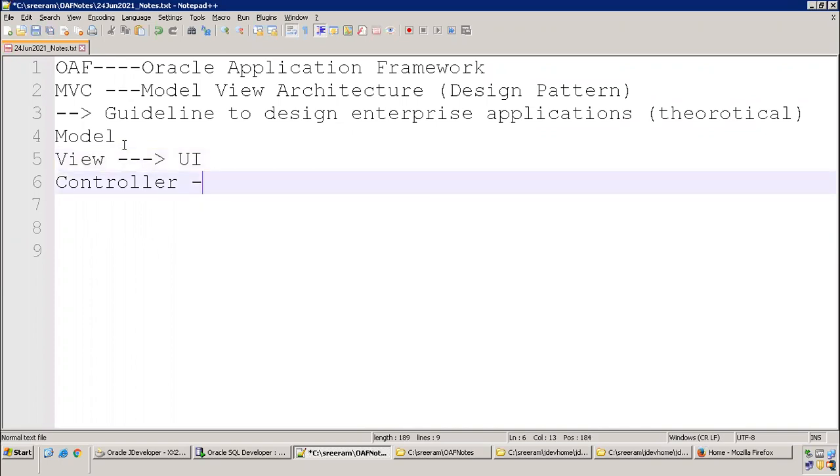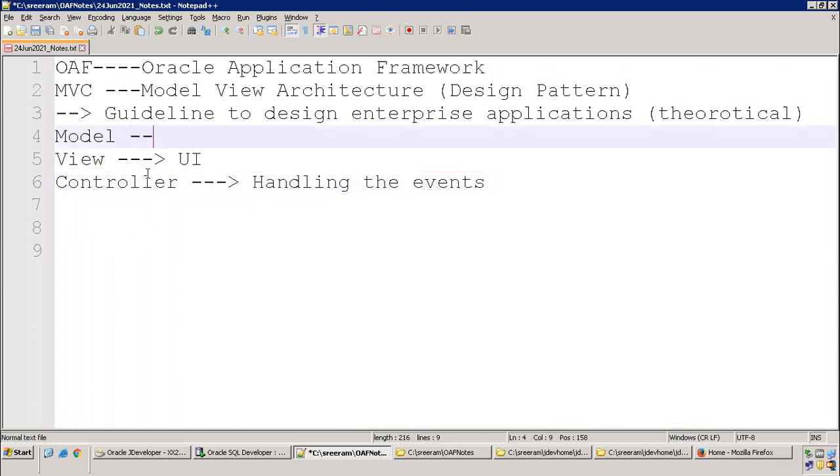And now what is the controller? Controller is responsible for handling the button events. It can be a button event, hyperlink, image, whatever it is, nothing but listening to the user events. It's called the controller. What is the model? The model layer has to deal with the business logic. When a user enters a username and password, there should be some API to validate whether what the user entered is correct. If it is correct, you have to provide a proper response to the controller, and the controller has to represent the view layer, and then you get the proper result. So that is the model layer. Model layer deals with the business logic, view layer deals with the user interface, and controller deals with the events.